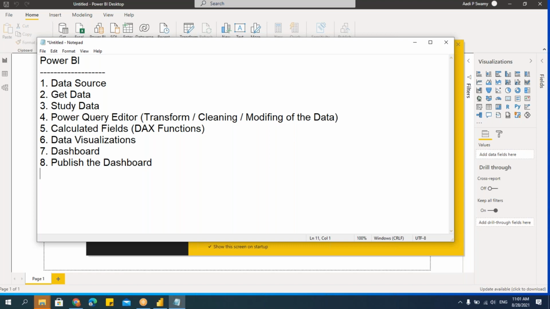After all these 7 steps, my entire dashboard will sit in the cloud, that is Power BI service, where many of my colleagues or people who are authorized will be working simultaneously with that, or they can view that file.